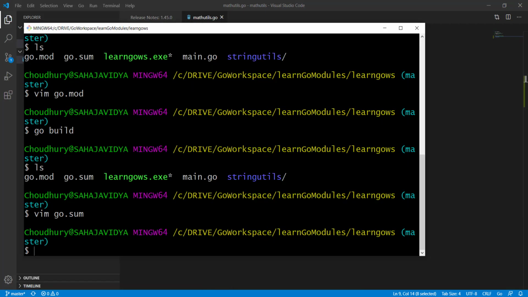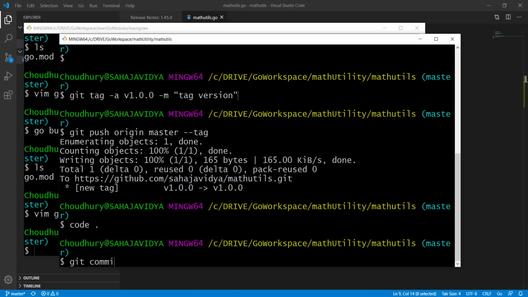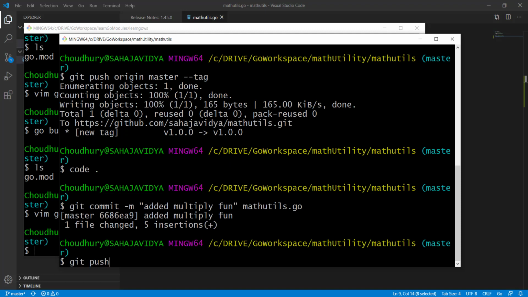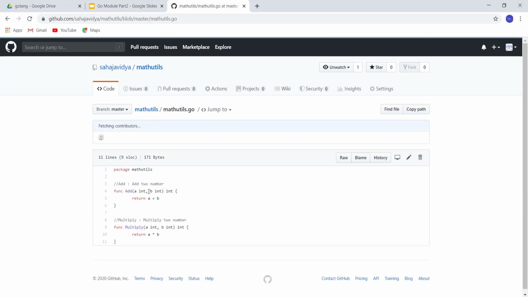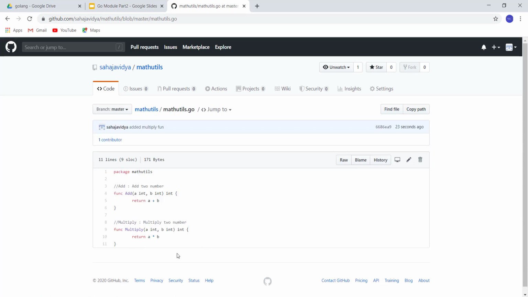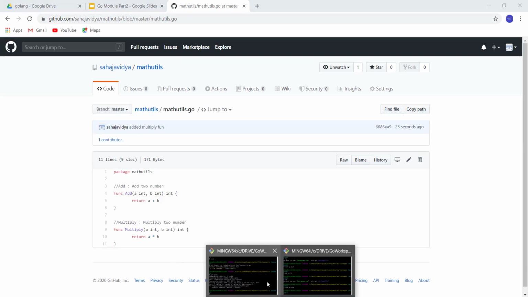And let's push the changes: git commit -m added multiply function, git push. So it is added. Let's just verify it. Okay, it is added to Git. Now let's tag it.